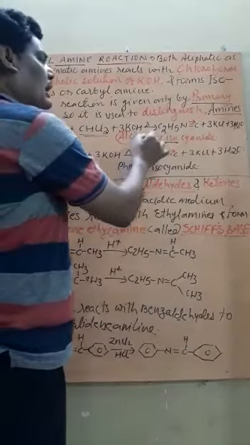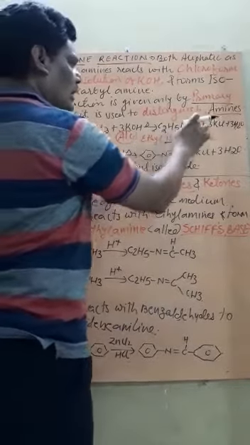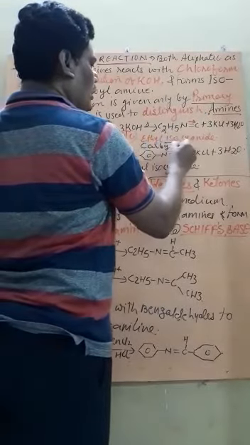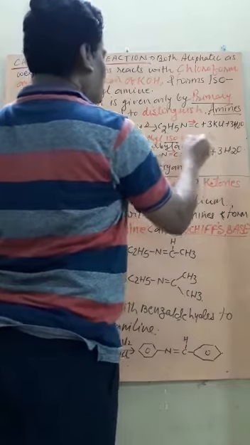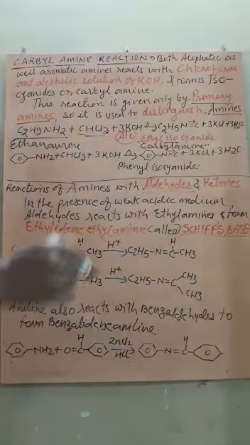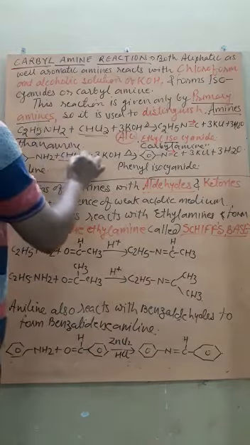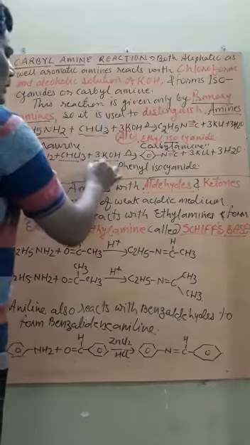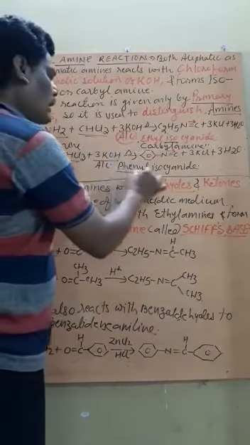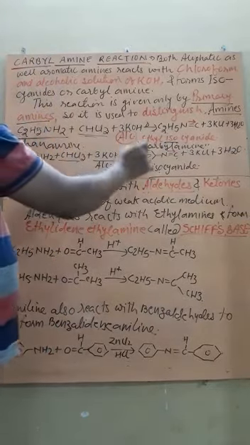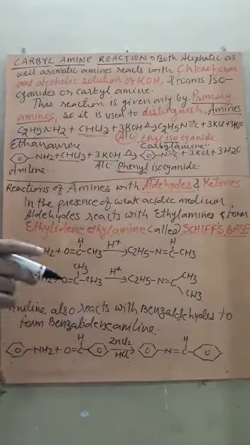Here there is a double bond and one lone pair donated from N to C. This compound is called ethyl isocyanide, or carbylamine. This compound is commonly called carbylamine, therefore the reaction is named the carbylamine reaction. Similarly, aromatic amine, that is aniline, also reacts with the same chloroform and alcoholic potassium hydroxide solution. It forms phenyl isocyanide. Again, this is called carbylamine. So this reaction is used to distinguish primary and secondary amine.